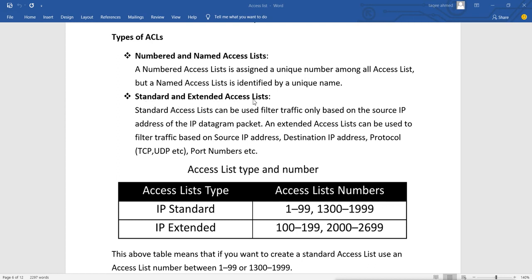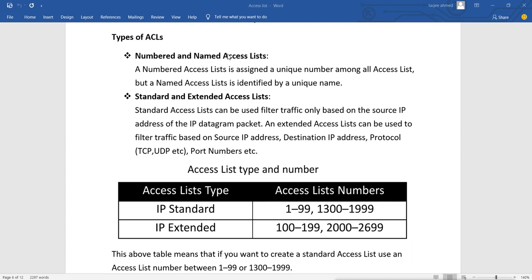So we can create a standard numbered list or a standard named list, and also an extended numbered list or an extended named list. Both standard and extended are the basic types, but the way of creating is by number or name.